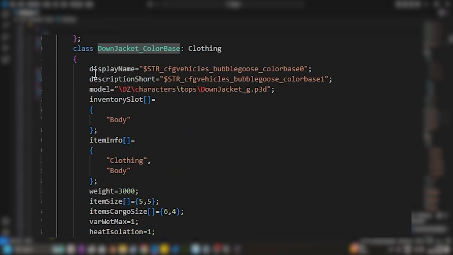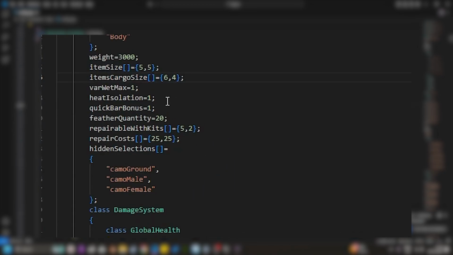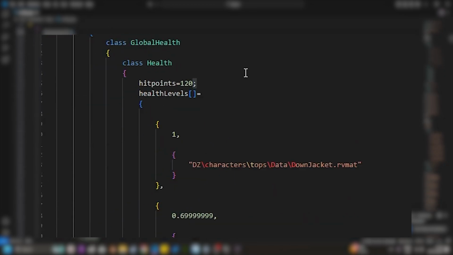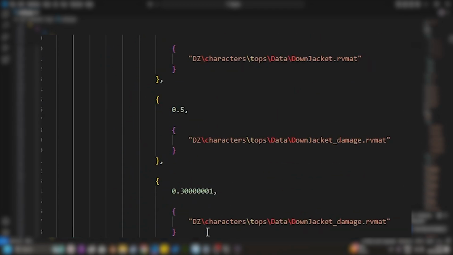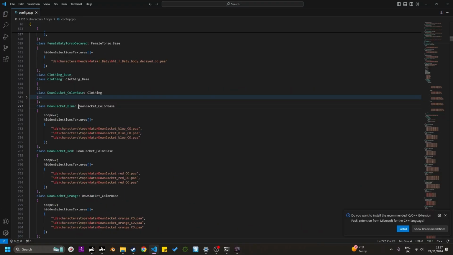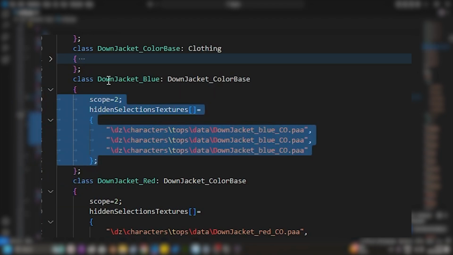all of the information in here, such as the display name, the description, the item's size, how much storage it has, the insulation value of it, and also the damage values, how much health points it has, and how much armor it gives you, are all inherited from the down jacket color base and applied to the down jacket blue. And anything in the down jacket blue within these two brackets here is stuff that's changed from the down jacket